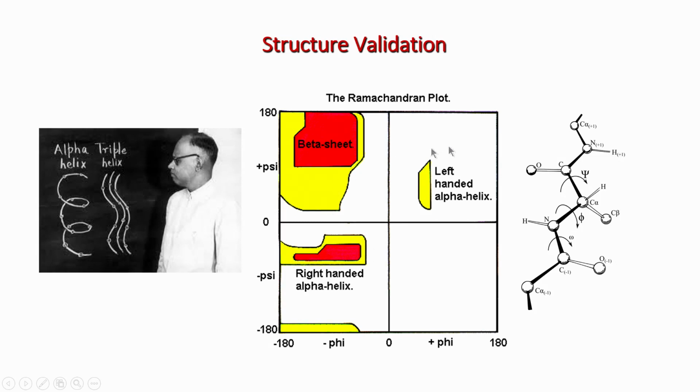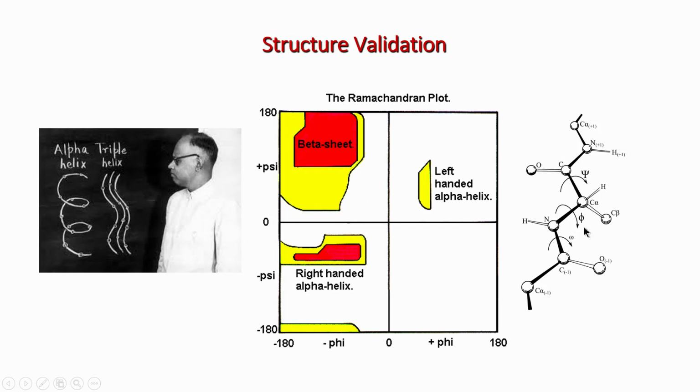And if it is in a beta sheet conformation, then it has to be in this region only, and if it is a left handed alpha helix, which is normally rare but still possible, then it will be here. So, phi and psi are very highly restricted. They cannot take arbitrary values, they have to fall in these zones of secondary structures only. The only amino acid exempted from this criterion, which can have any value, is glycine. Glycine can come anywhere in this picture, but all other amino acids should fall within the zones.